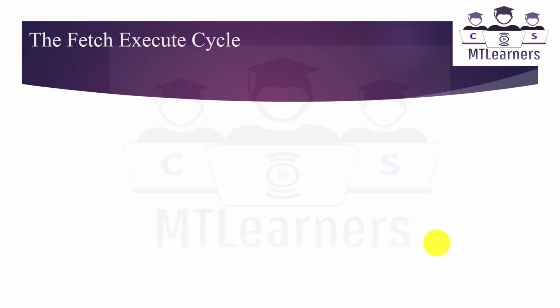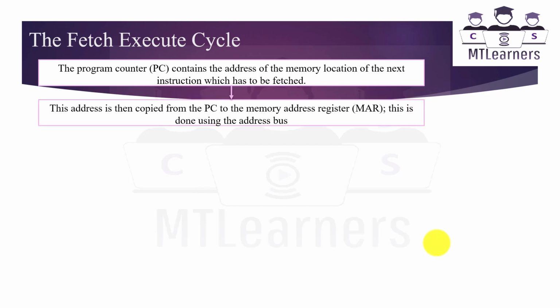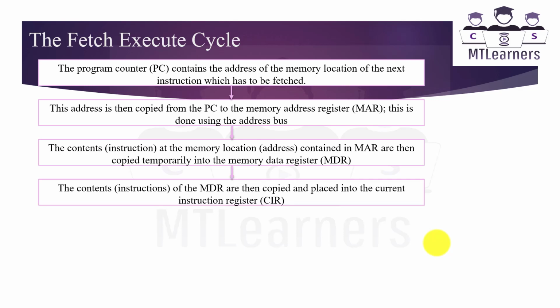Now let's have a look at the fetch execute cycle. So first of all, the program counter, which is also known as PC, contains the address of the memory location of the next instruction which has to be fetched. Then this address is copied from the program counter to the memory address register. This is done using the address bus. After that, the contents at the memory location or address of the memory location contained in MAR are then copied temporarily into the memory data register, and the contents of the memory data register are then copied and placed into